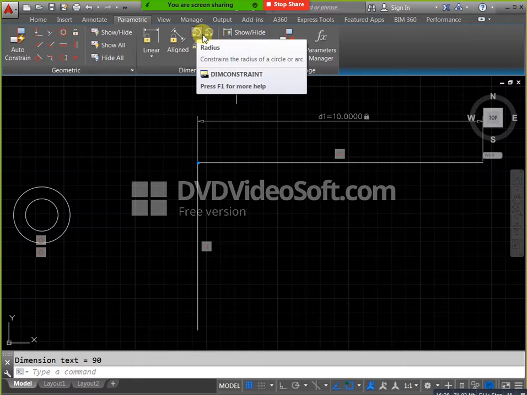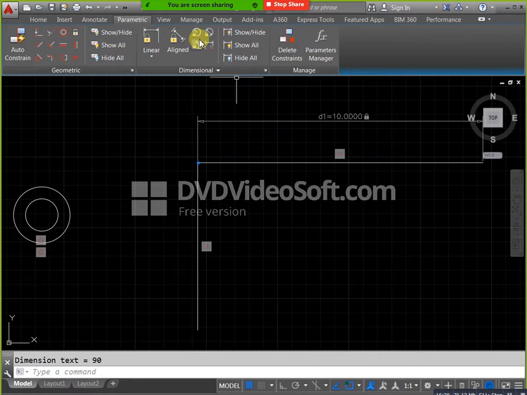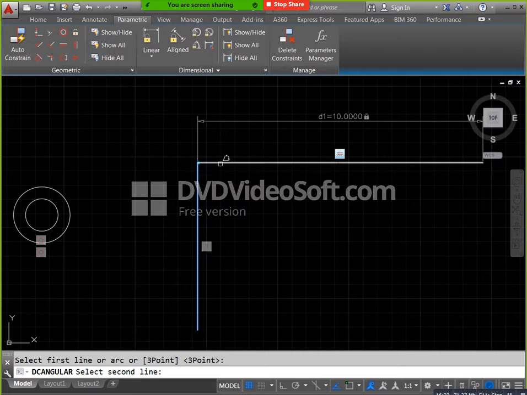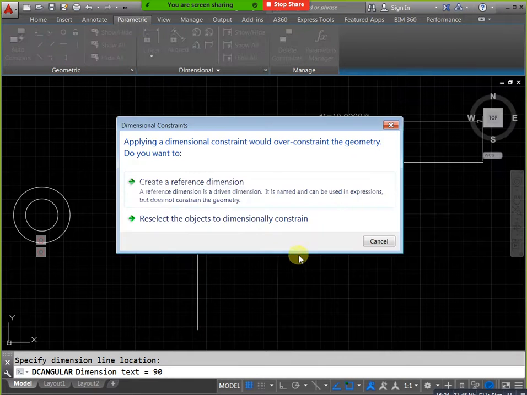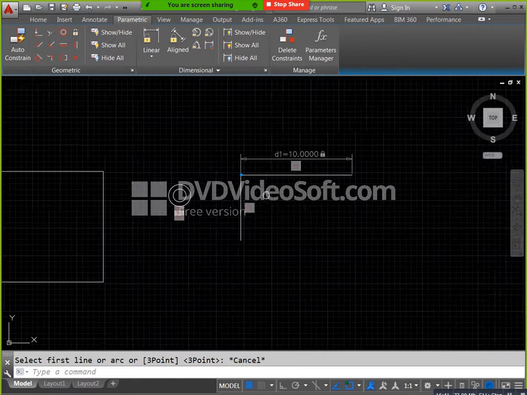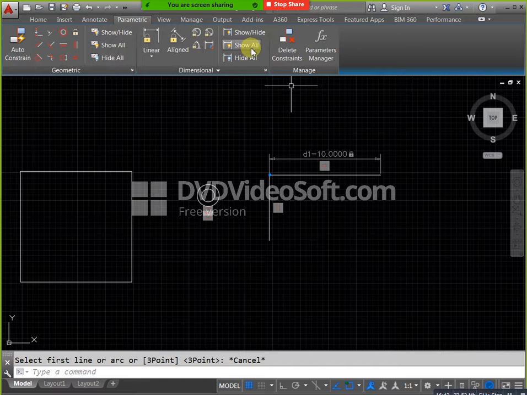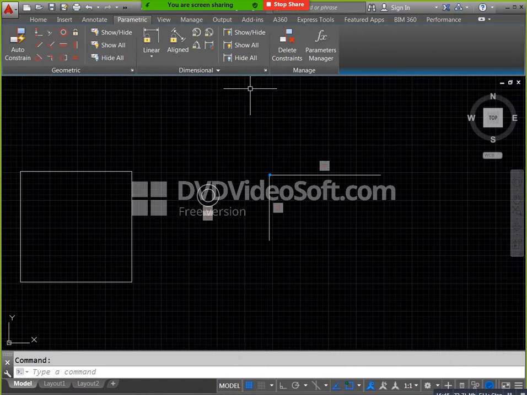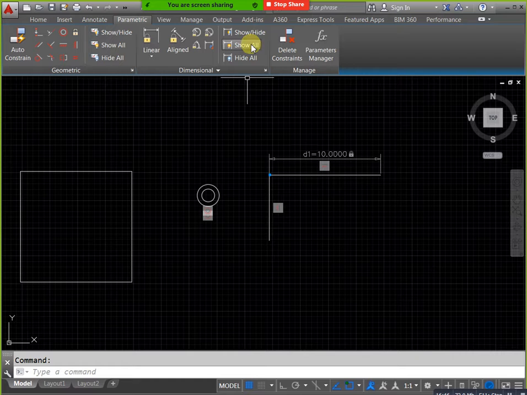If you need to hide this one, here we have hide all, dimension hide, show all, you will get, and delete constraints. Only this one is for constraint hiding purposes.